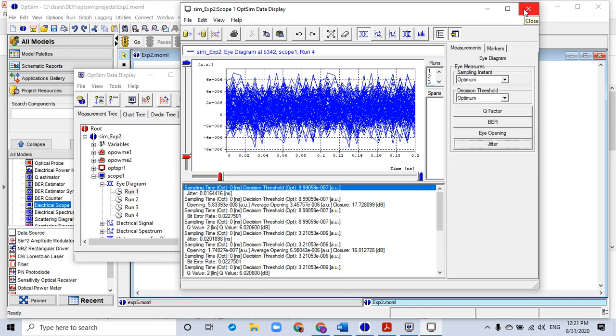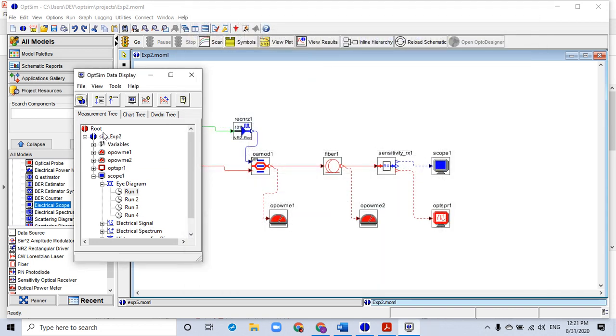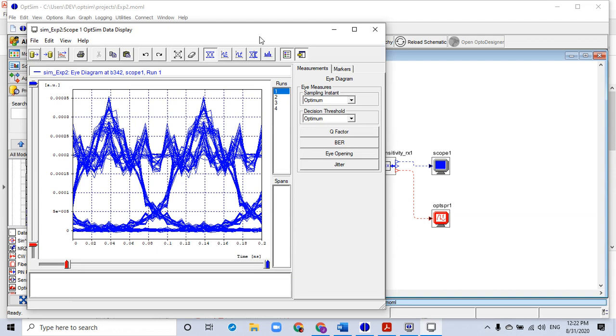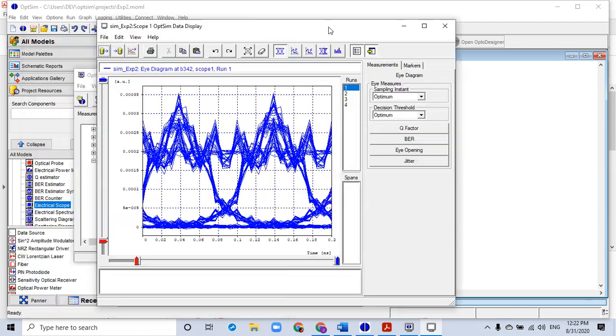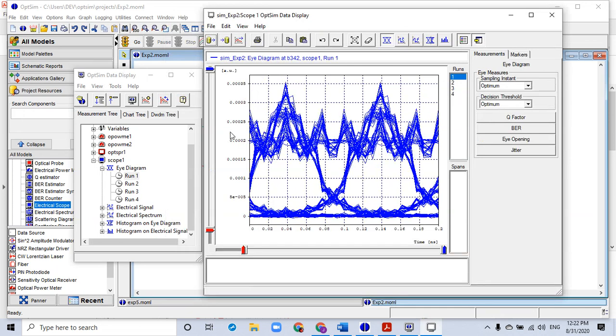Now let's see the superimposition feature of OpSim, wherein you will be able to compare the outputs from different runs. So for that, we right click on this run 1 and keep this window open over here. Go to run 2, right click on it and say superimpose.